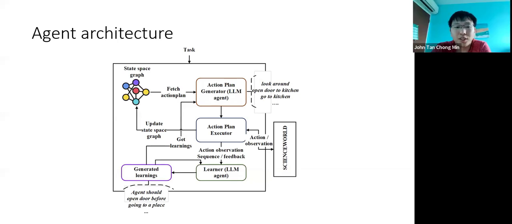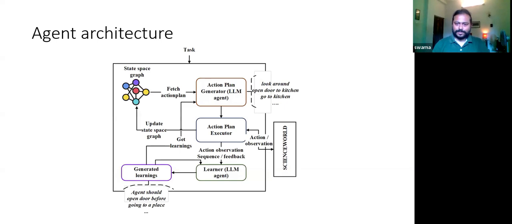I think that's really cool. You see, sometimes constraints cause us to innovate. In this case, the context length constraint caused you to think, hey, I need to store more things elsewhere. And then you thought of the state space graph. Yeah, the reflection is more like, hey, the LLM keeps doing something wrong, how can I imbue some expert knowledge into it without being too handcrafted? Exactly. I really love this. So Swarna, do you have any more important slides to cover, or could we just end on this slide today?